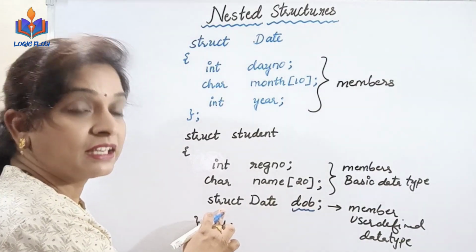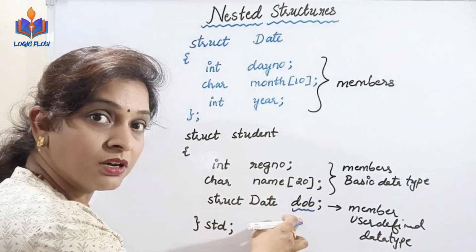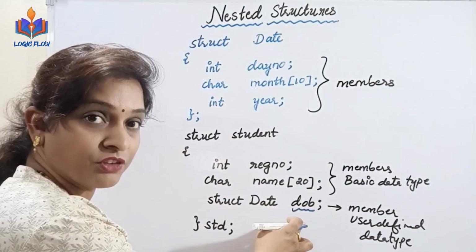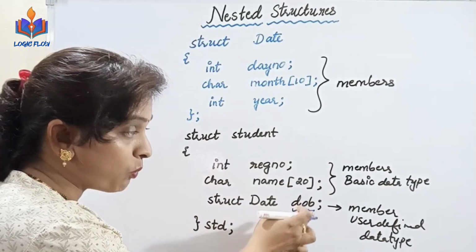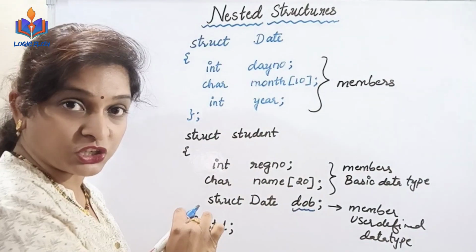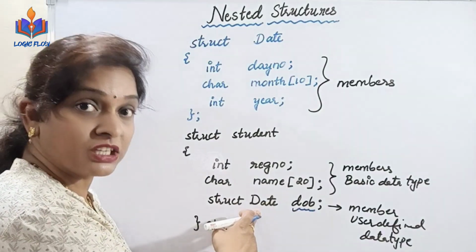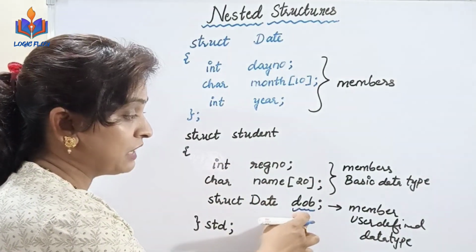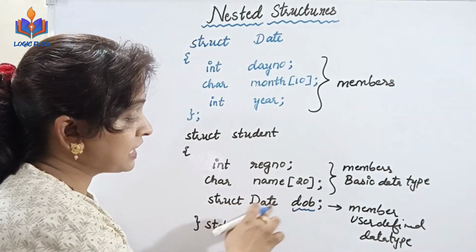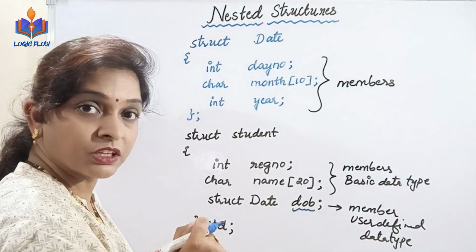This is what? Creating a member which is of structure type. Means I am embedding one structure within another structure. I am embedding the structure date inside student. So this variable, which is DOB, is acting as a member of the structure. That is what